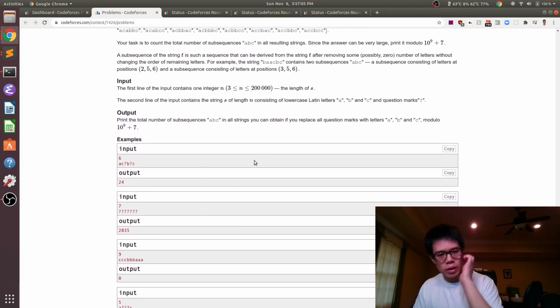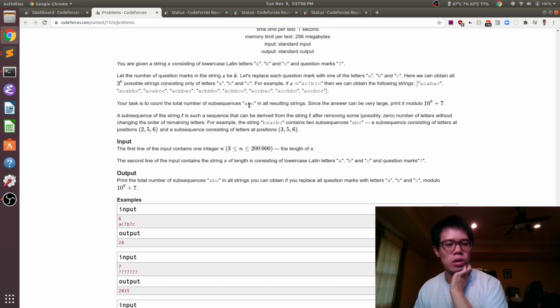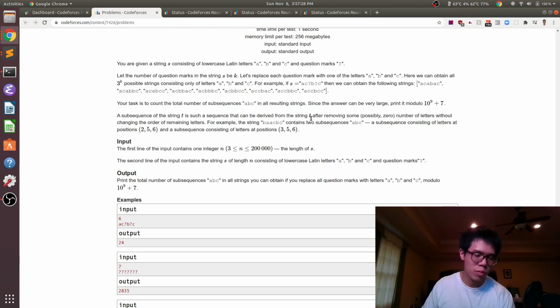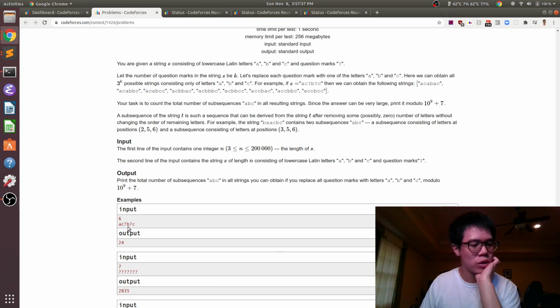Okay, so for this problem, my immediate instinct is that when we're counting ABCs, I think what we want to do is count them all via the B. So basically, when we iterate over the string, we're going to say, okay, if this is the B of the ABC, how many are there? And that way the A and C become independent, which is nice. We just need to count how many ways to get an A before that and how many ways to get a C after that. So for example, for this particular B,